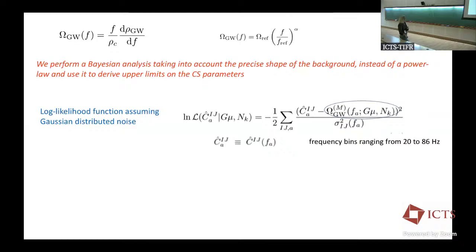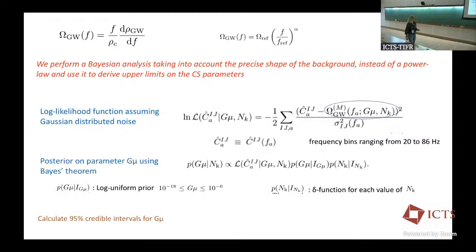So then, remember yesterday, I defined how we look for the posterior, the probabilities and all that. And remember what I said yesterday, that my data, LIGO, is going to give me this two-point correlator, which I defined two days ago. My study is going to give me this: given a model M, one of the three models, I go to calculate the omega GW, and the only free parameter will be the G mu.